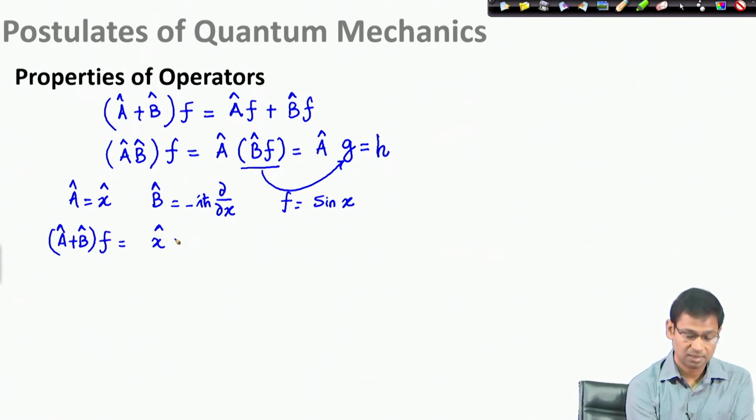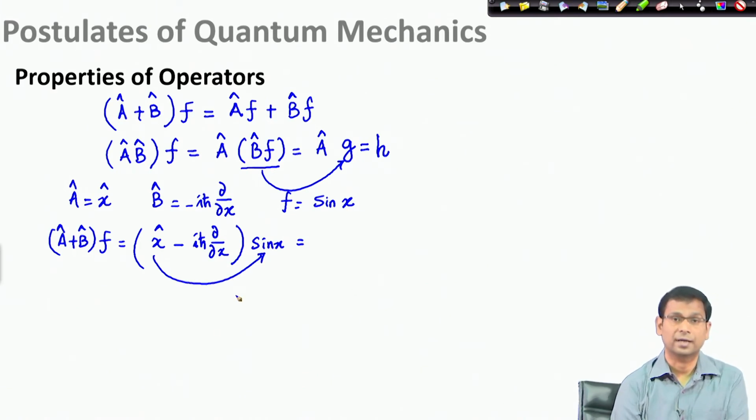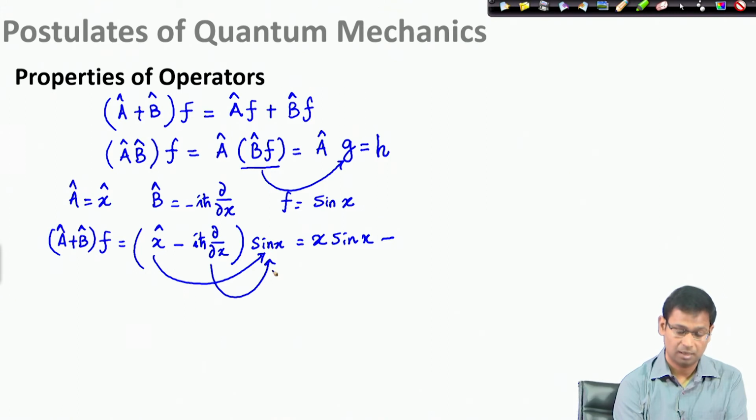That should be x minus i h bar d by dx, and the function sin x. So, I see that first I can apply the operator x on this function. I know the action of operator x is simply multiplication, multiply it by x. So, x sin x minus, now I am applying the second operator, minus i h bar d by dx, on